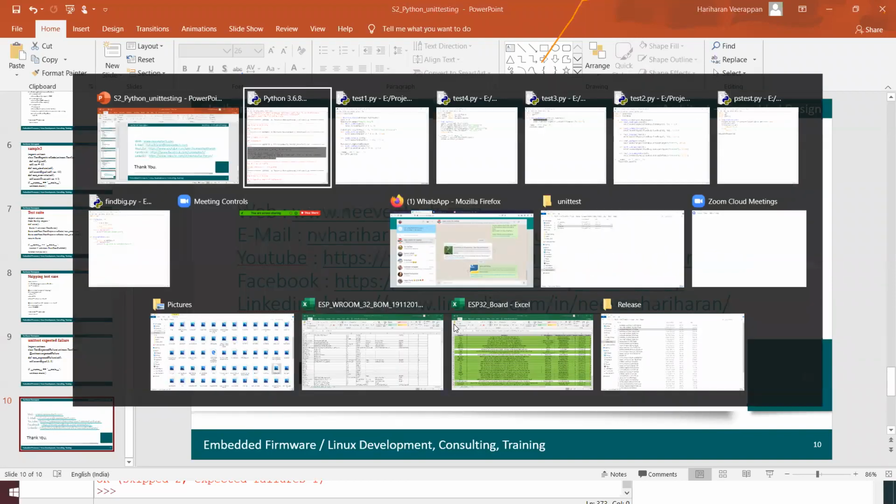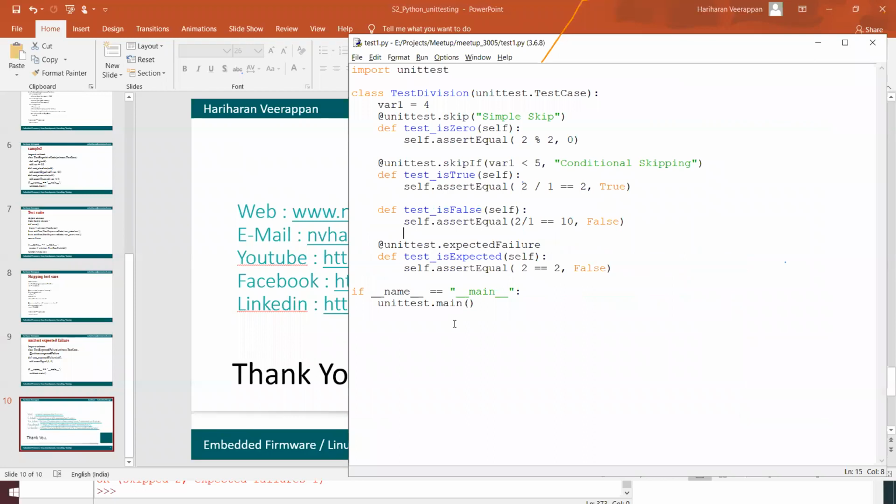For unit testing, software development will happen module by module, and whenever the developer develops each module, it can be validated with the unit test cases for each and every module.